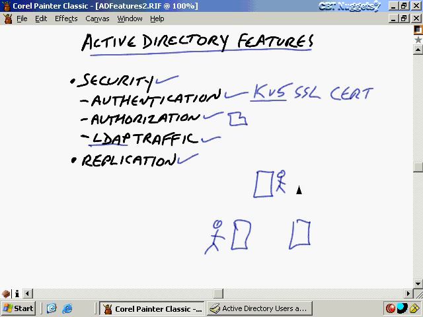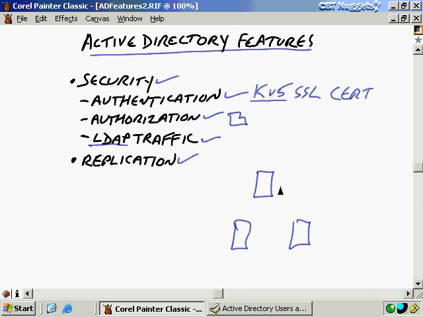So it doesn't replicate the entire directory database. This might be 400 or 500 megabytes in size of Active Directory. Well, it doesn't replicate all 500 megabytes, just this one little user account, which is probably a few K in size. And now within about 5 minutes, I've got that user account down here as well. So that if this new user is attempting to log on, they'll be able to log on to either this domain controller or to this domain controller. And within another 5 minutes, I might have it over here on this domain controller as well. So the replication is very efficient in terms of our network traffic, and it's pretty timely in terms of how soon it comes to convergence, or whether each one of these domain controllers all agree with what the directory database